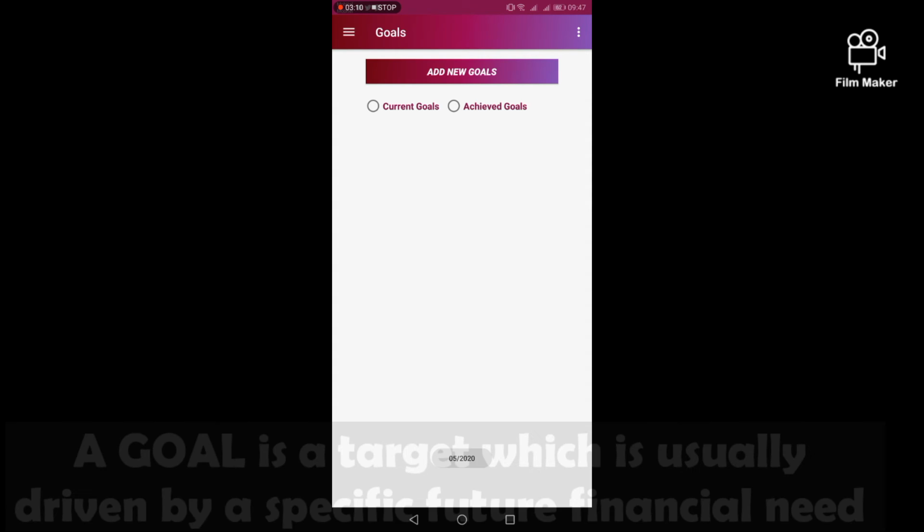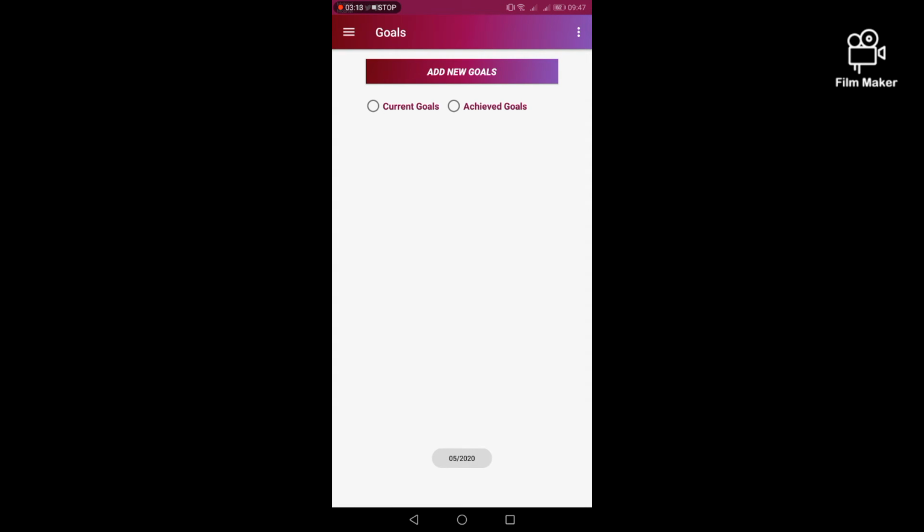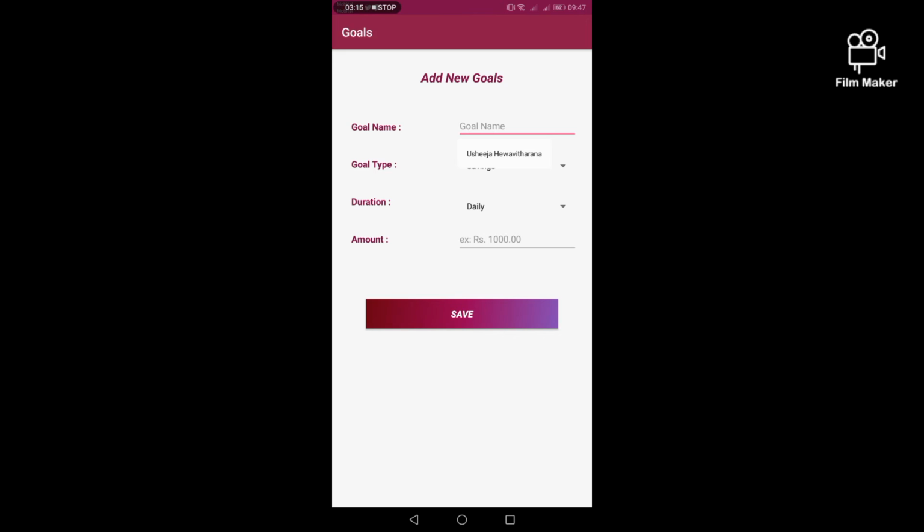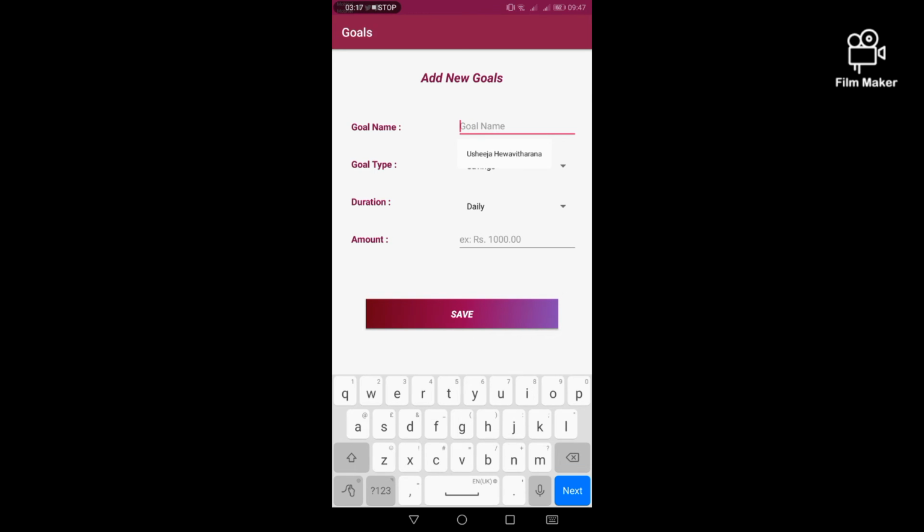They could set a goal by navigating to the Goals tab. They could create a goal by entering the required information that is asked in the goal screen.